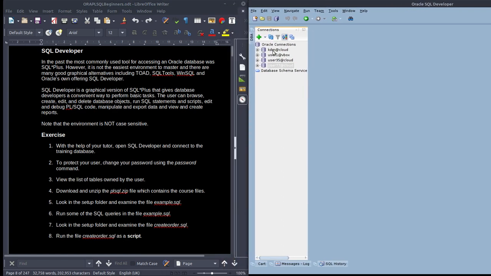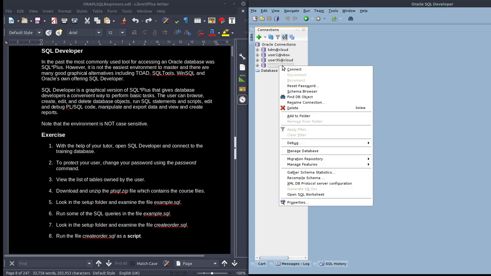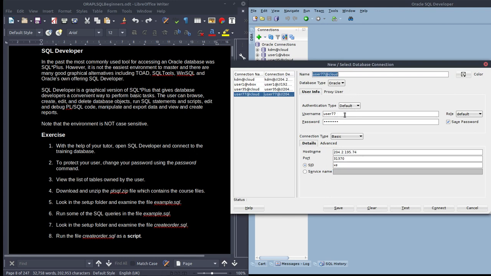So to connect to the training database, you'll be given a user like PLSQL 21, for instance, which is what I'm going to use. Although I'm going to show you 77 here. So you'll put in your username and your password, which I'll give you. Up here, I generally put in the username because it's a connection for that user, and I put at cloud because I know it's not VirtualBox.